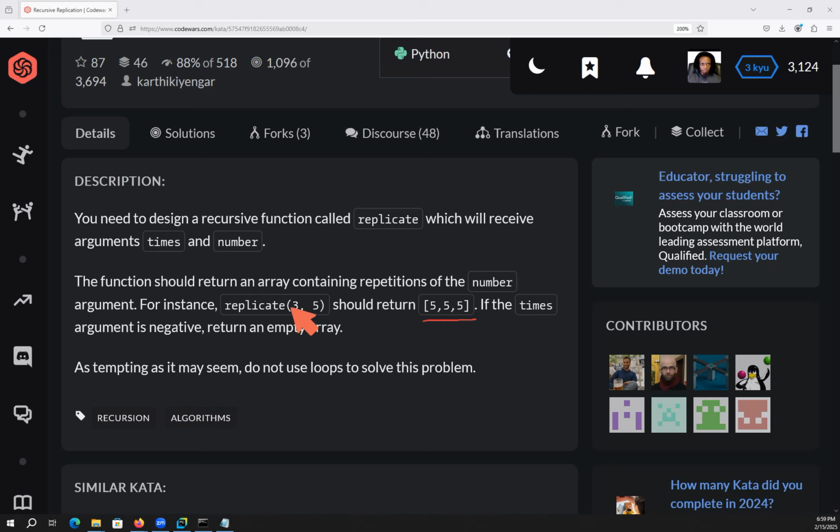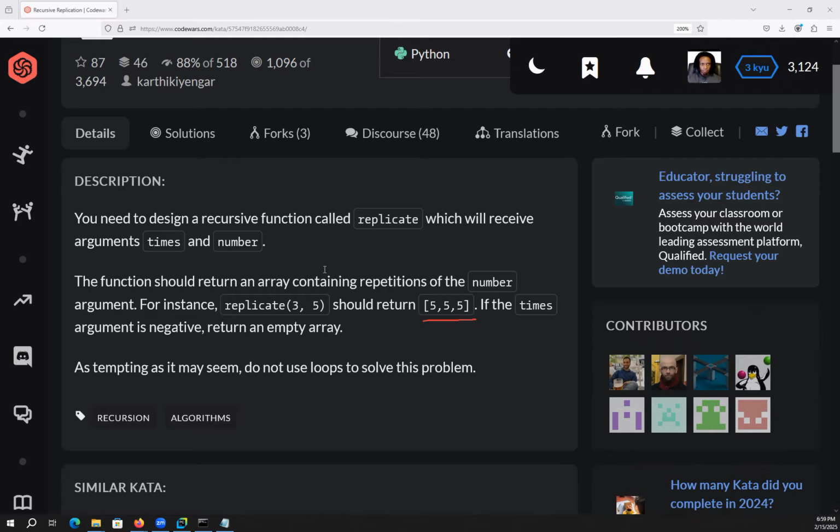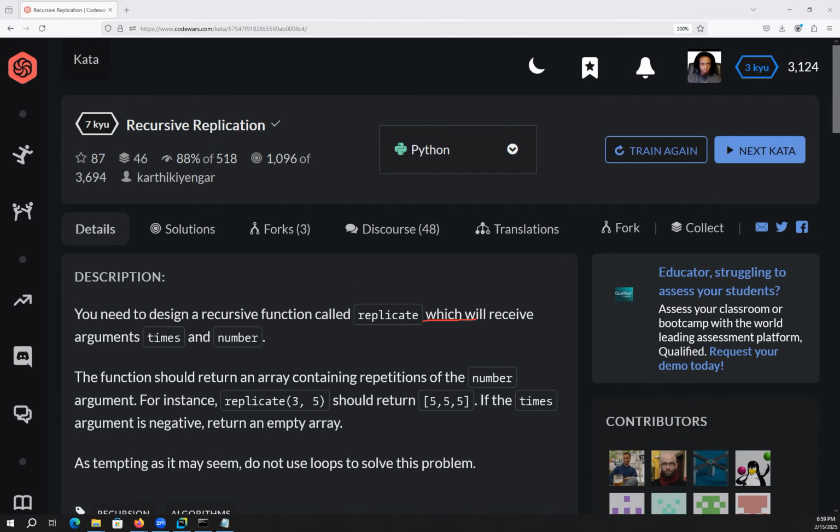Yeah, this is a recursion problem. So you see the title up there, recursive replication. We have to use recursion to solve this one. I think this is the first recursion exercise I've done in my whole series, so this should be good. So replicate 3 5. You get the number of times to replicate and then what you are replicating. So through recursion, we're going to build a list where we have the same value over and over again in a list,